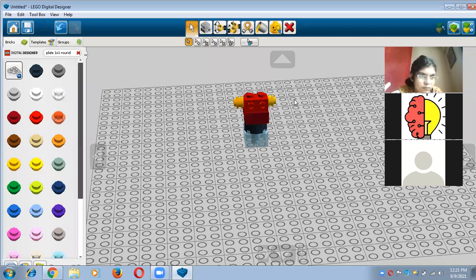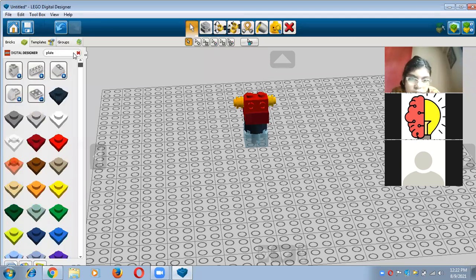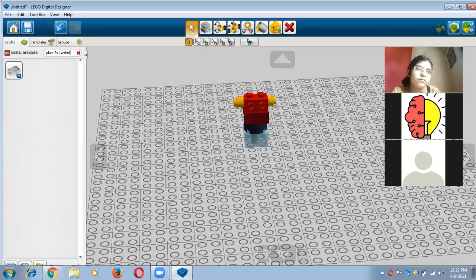So now move on to the next step, and in next step you need one plate, but right now it's not round plate, it is holder plate, vertical holder plate, right? So I'm just typing here plate 2/1 W holder plate. Yes. So this is a folder, and by the help of this folder you can easily take the vertical holder plate.